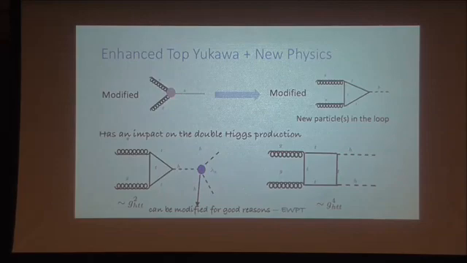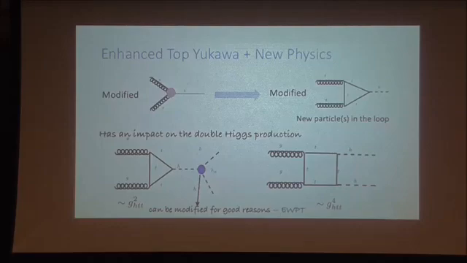Both modified Higgs top-top coupling and new particles in the loop have an effect on double Higgs production. So in the standard model, there are two diagrams contributing to double Higgs: the triangle diagram and the box diagram. Both are sensitive to a modified top coupling. The triangle diagram is sensitive to the top coupling squared, and the box diagram is sensitive to the top coupling